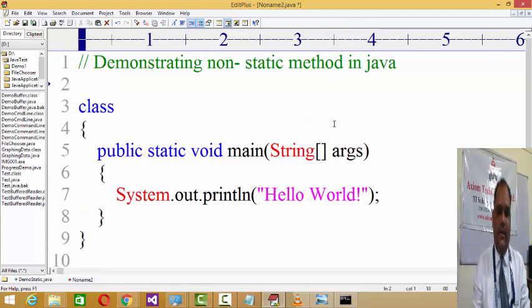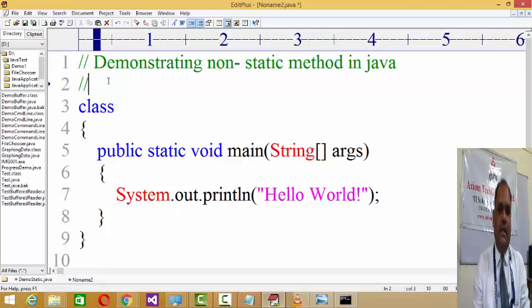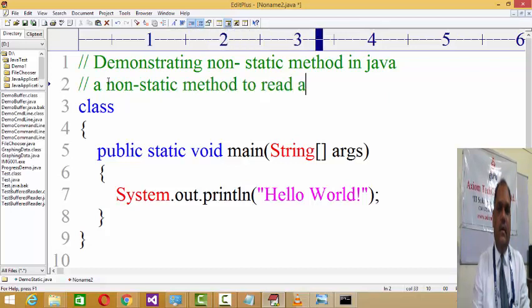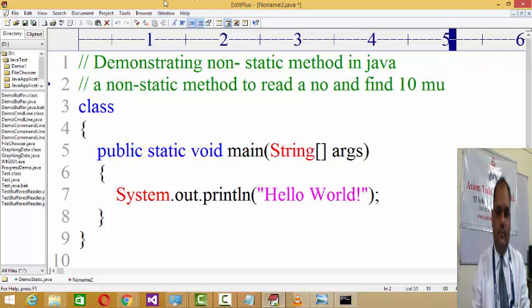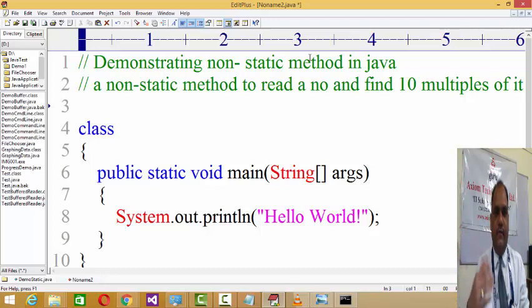We'll define a different method, a non-static method to read a number and find 10 multiples of it. It means you have to input one number and print 10 multiples of it. For that reason you are writing a non-static method.